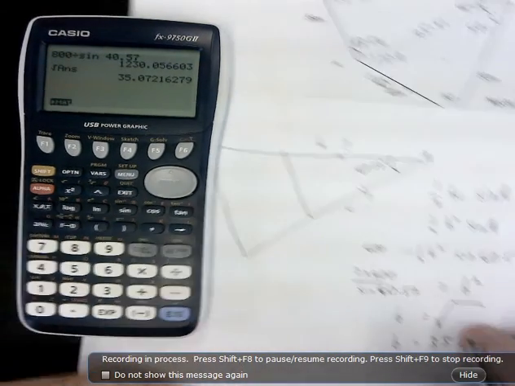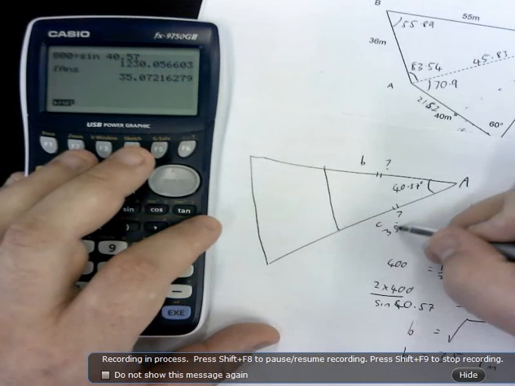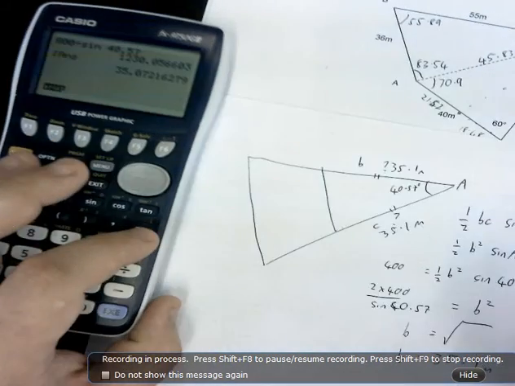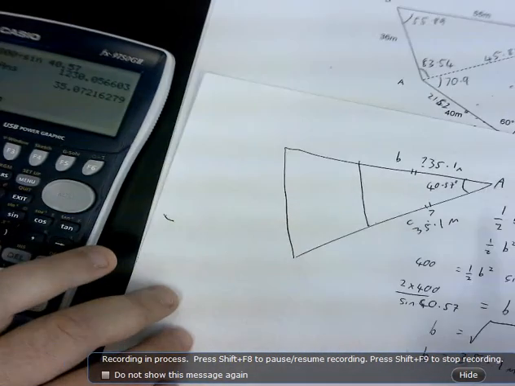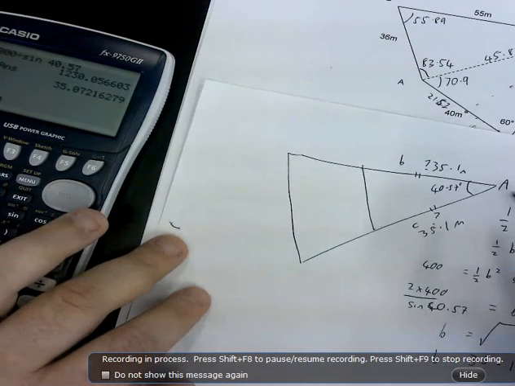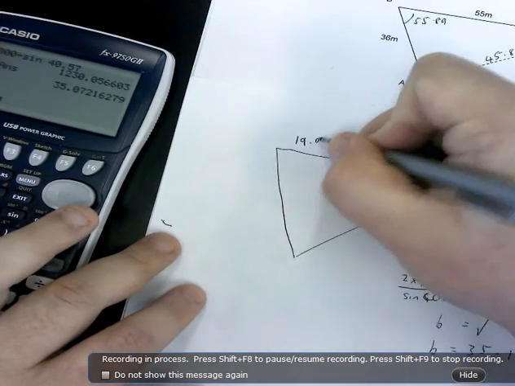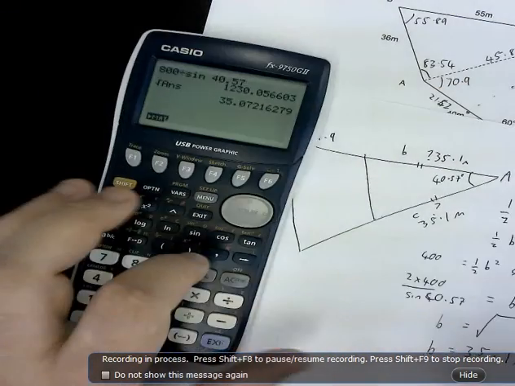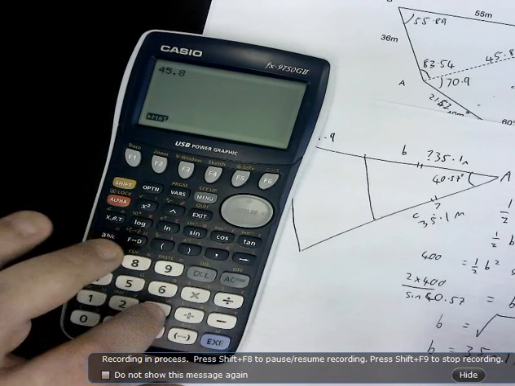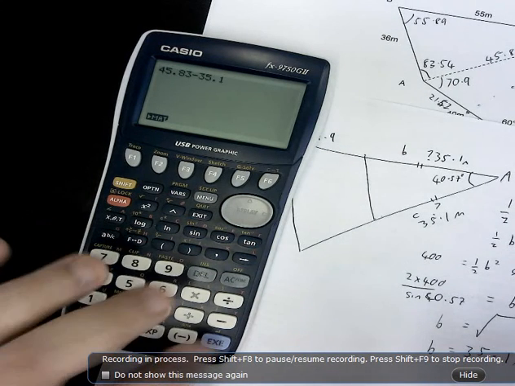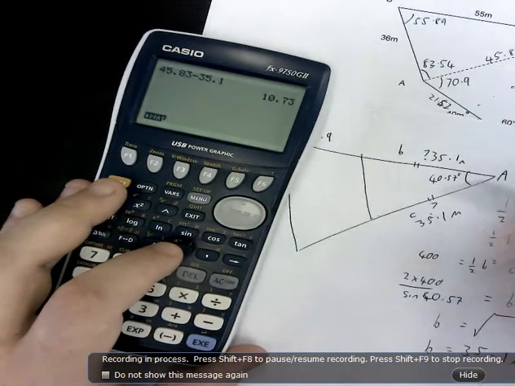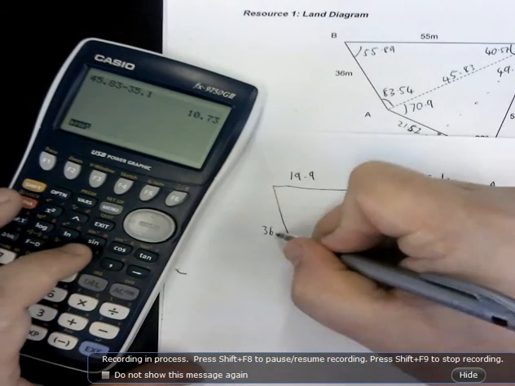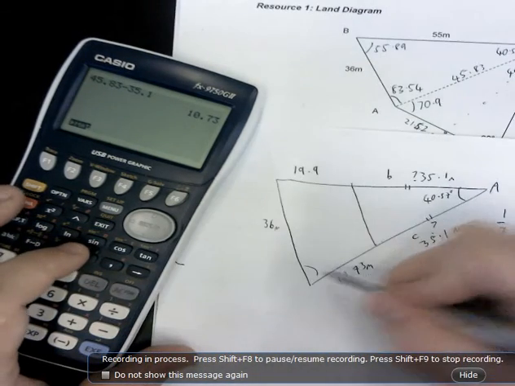So that means my triangle here is 35.1 meters. This triangle, it has a side of 55 meters, so that leaves me with 19.9 meters. Another side, which is 10.73 meters, 36 meters, and angles of 83,